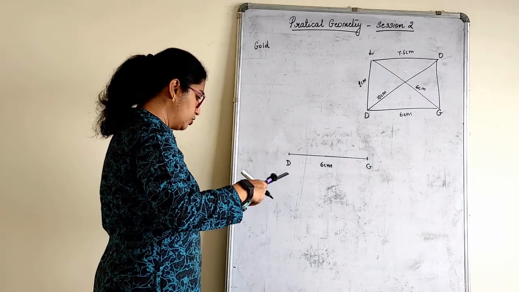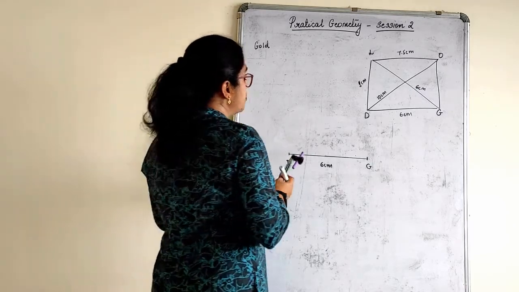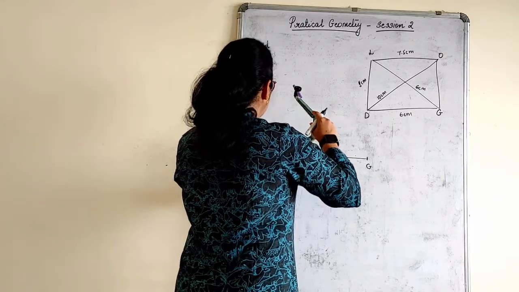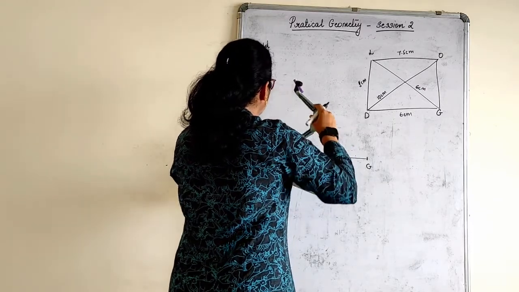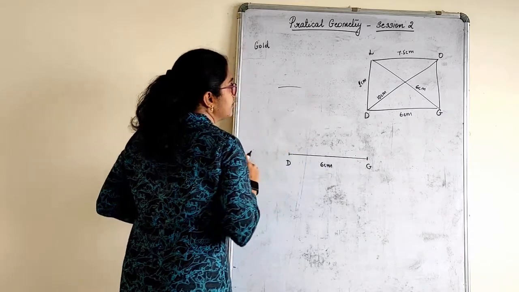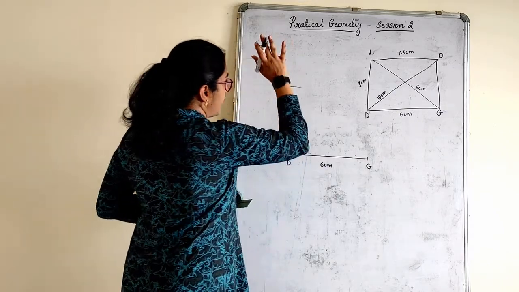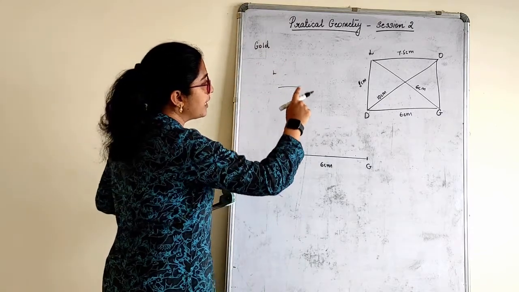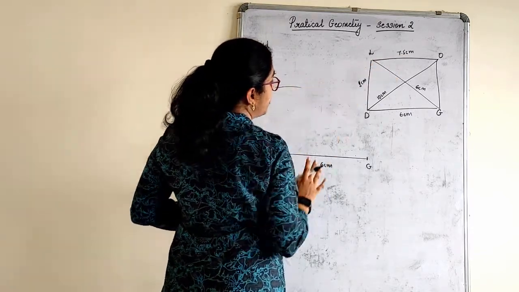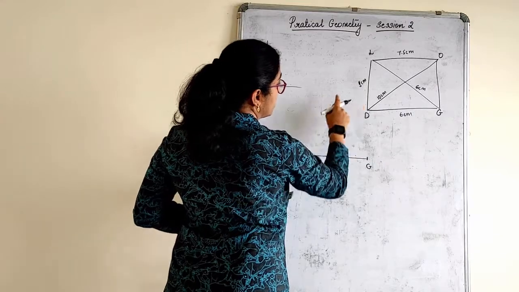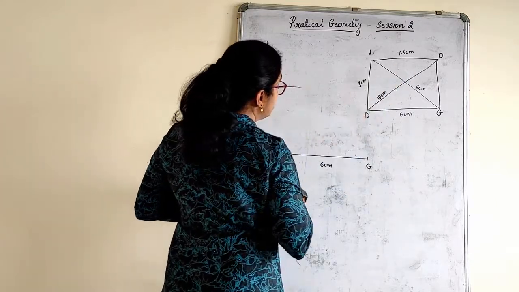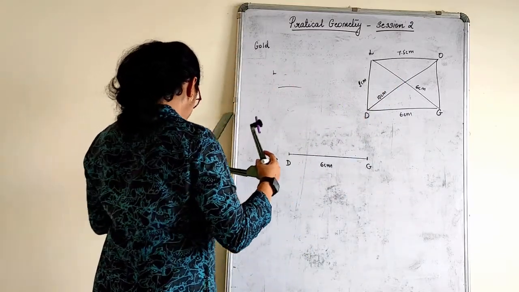Anything you can start. You can also start with the diagonal. So I'll cut this for 5 centimeter. The 5 centimeter line is coming here. So it's here. Okay. I'll just write L somewhere for our clarification. Then what do we have? Before we cut that 7.5, it is not possible. First cut the diagonal for 10 centimeter.